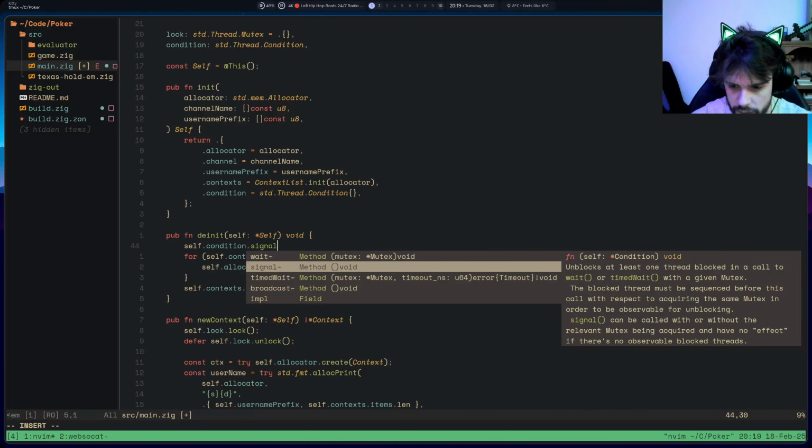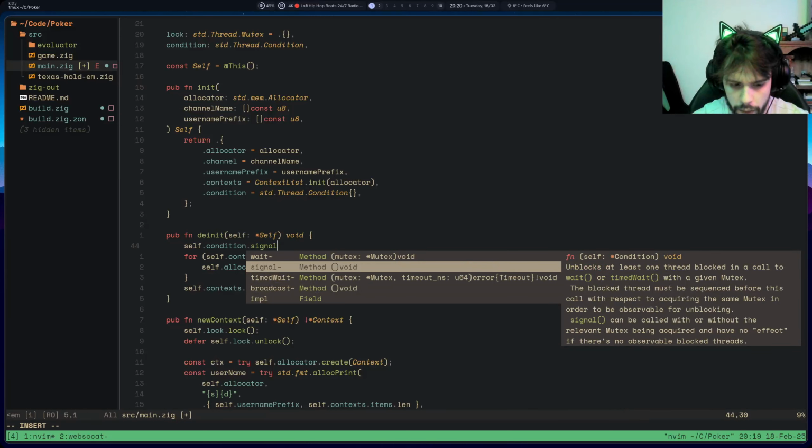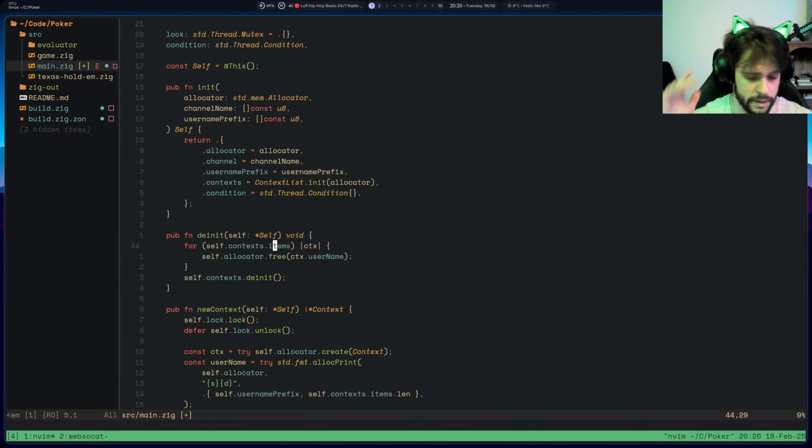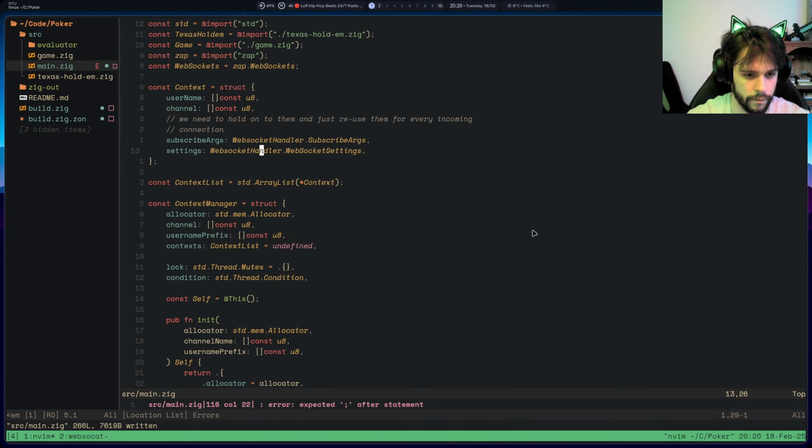We can signal, which unblocks at least one thread blocked in a call to wait or timed wait until a given mutex. Sequenced before this call with respect to occurs in the same mutex. Okay. So we can do signal on message, and then yeah. Okay, so